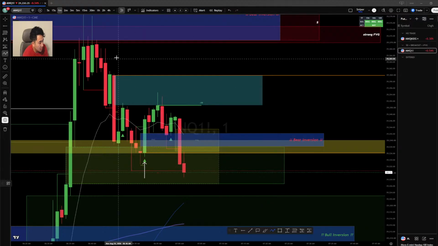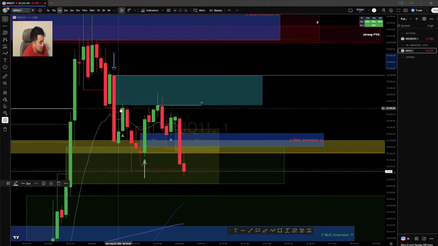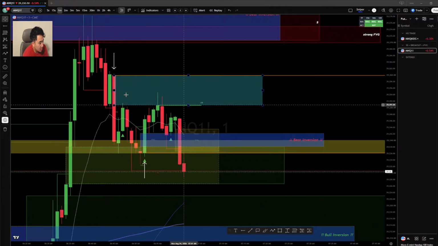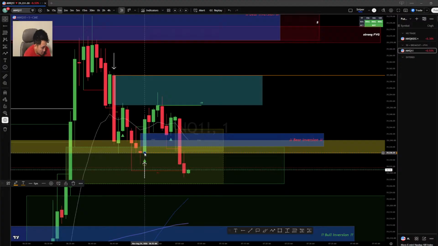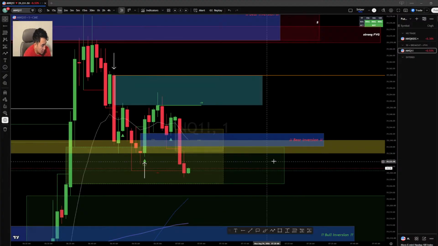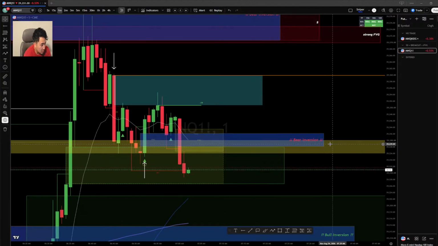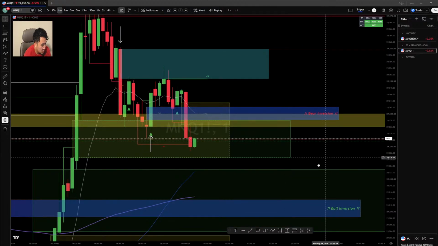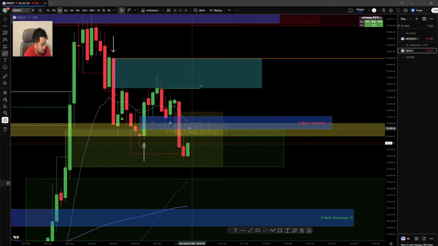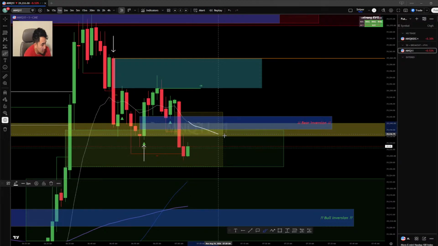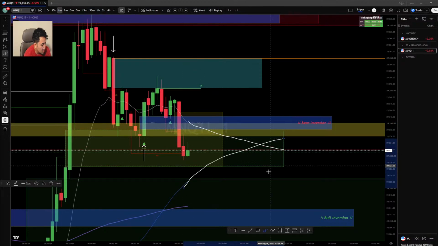This candle up here was the candle that created this bearish gap right here, and price never closed above that high. But this one down here, this red candle closed below this candle body low that created this bullish gap. So now this one's a strong bearish inversion. The only thing is we are trading in between these two.